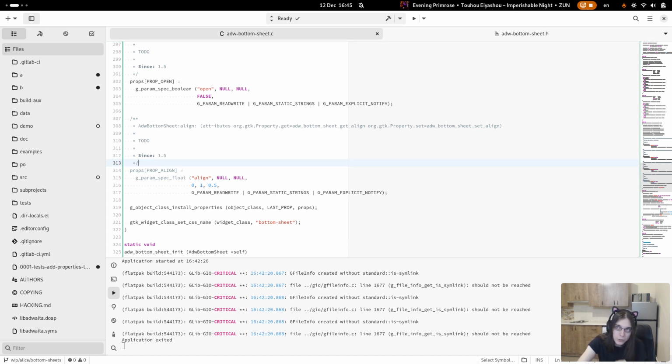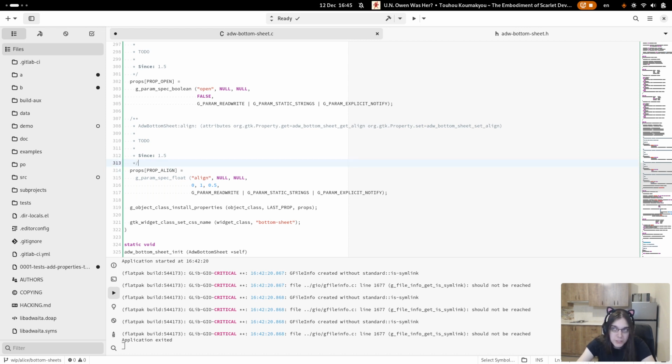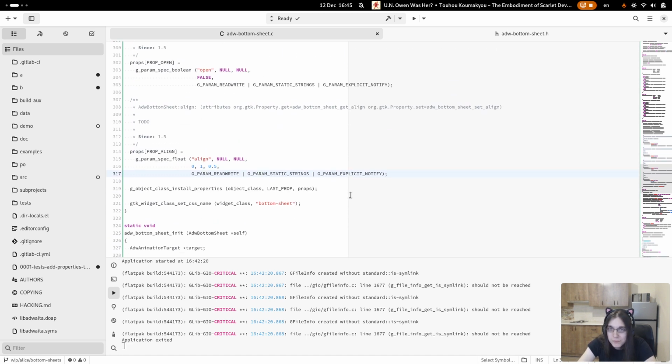But we also have bottom sheet set align, which will not notify it. So instead I notify it from there and disable the properties on notify, and that's basically what everyone does. So yeah, each property has at least notify to disable their own.